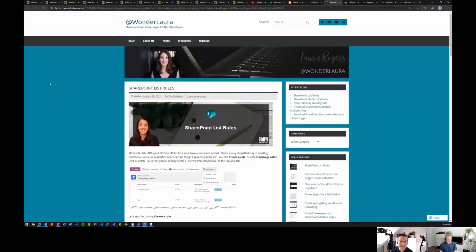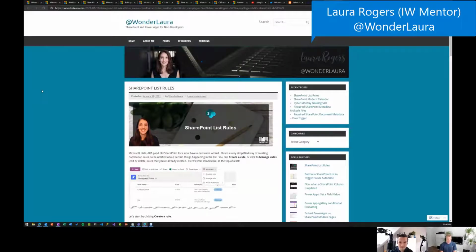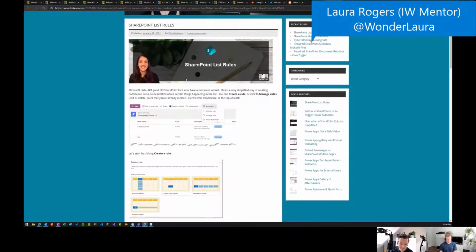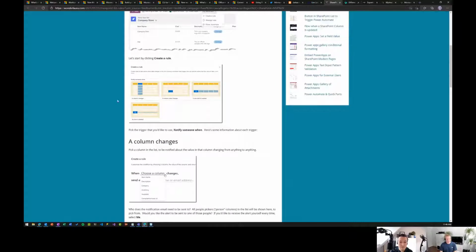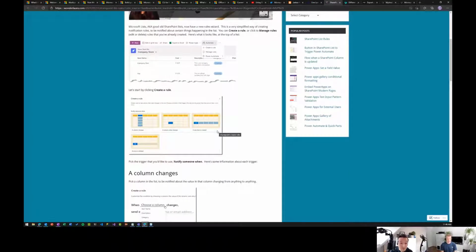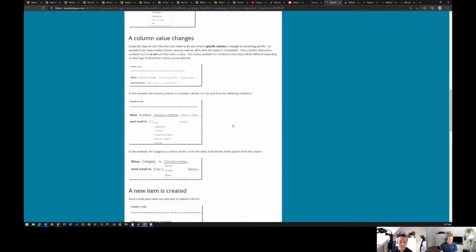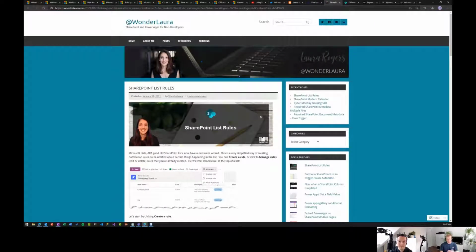And then Wonder Laura had a good blog post related to SharePoint list rules. So implementing list rules, and there's a new UX for implementing things. So you don't have to necessarily go to the Power Automate side of things, because that has obviously a UX change, and this has a slightly different way of doing extensibility. This is a way of doing rules and behaviors without flipping the whole form and replacing the form with Power Automate. And this area is also getting a lot of investment more and more, the SharePoint list and Microsoft Lists in general in the future.